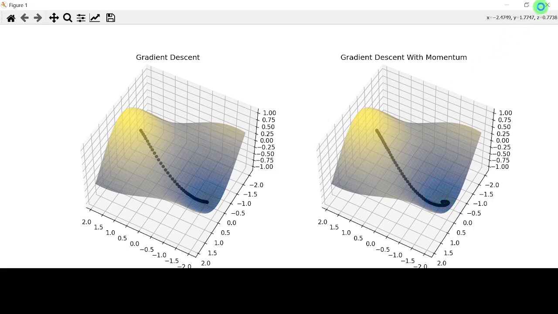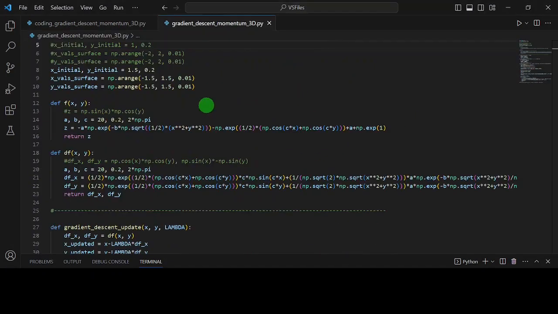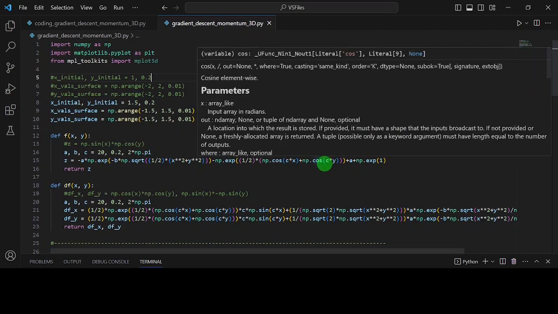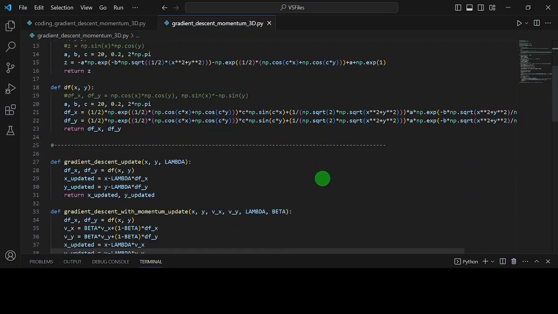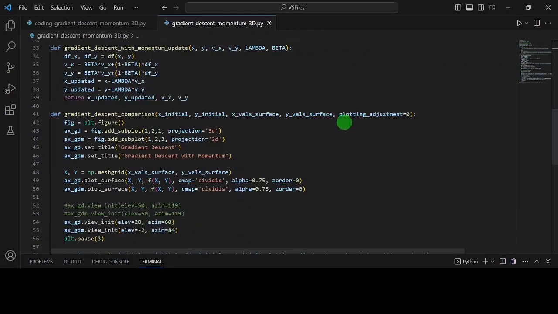All right, well that is how to code gradient descent and gradient descent with momentum. The code that I showed here is a little bit different than the one that was in the visualization. So I'm just going to scroll down this in case you want to compare the codes, but they do the same thing. For example, I had this plotting adjustment thing here, and that is because